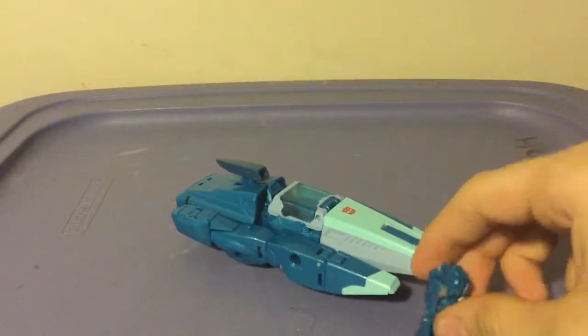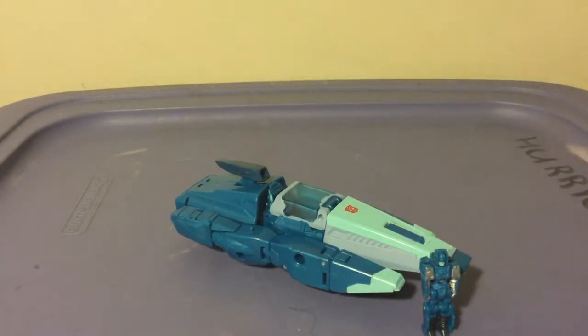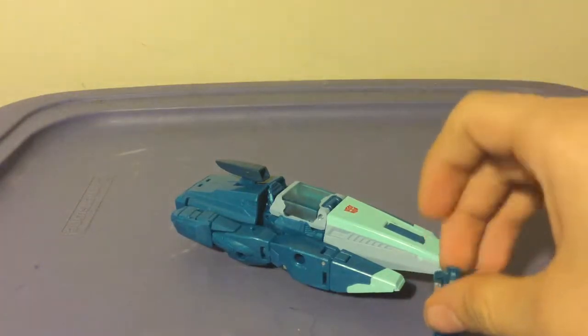Ooh, was I happy when I picked this guy up. He was a figure I was wanting for a while. Well, I was hoping I'd either get him or Brainstorm. I found Blur first at my local Barnes & Noble. Yeah, I think it was Barnes & Noble. Could have been some other bookstore. But hey. So, before we take a look at Blur, let me take a look at his Titan Master,